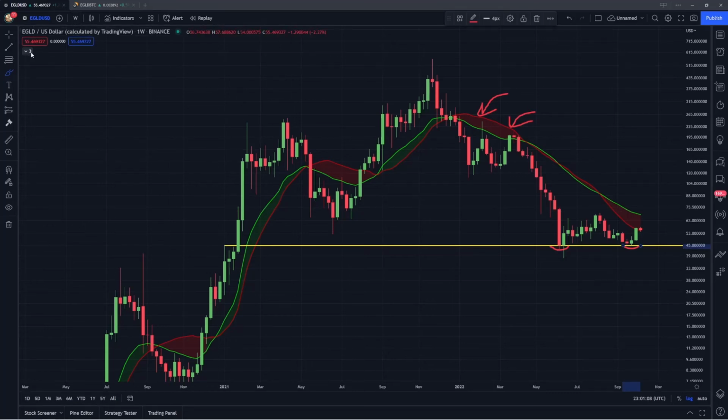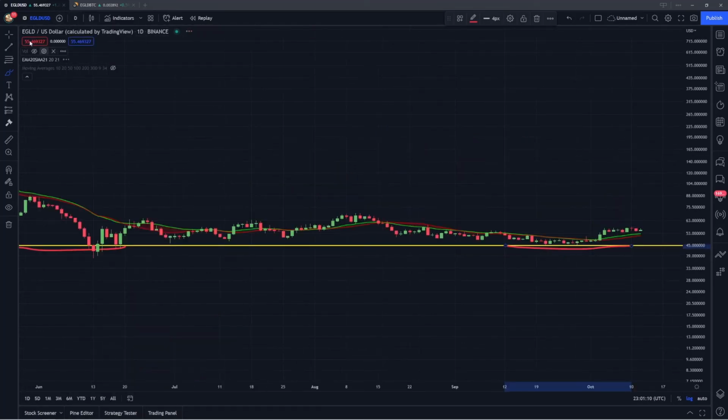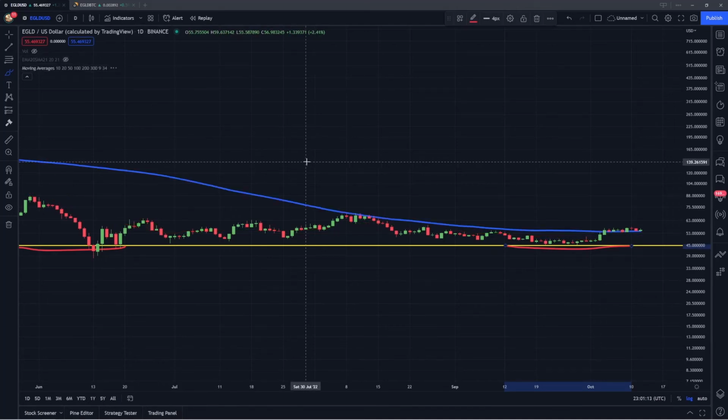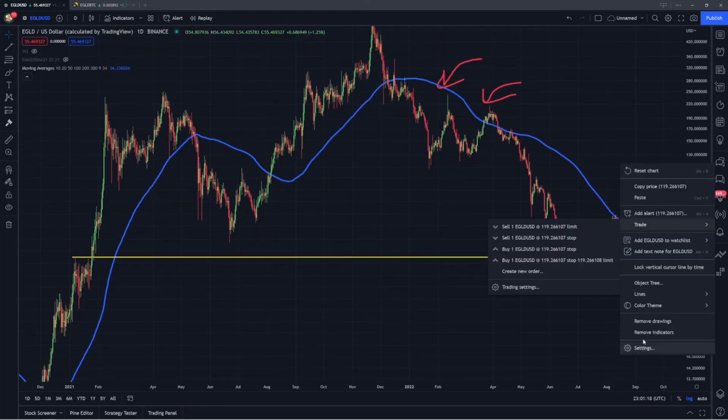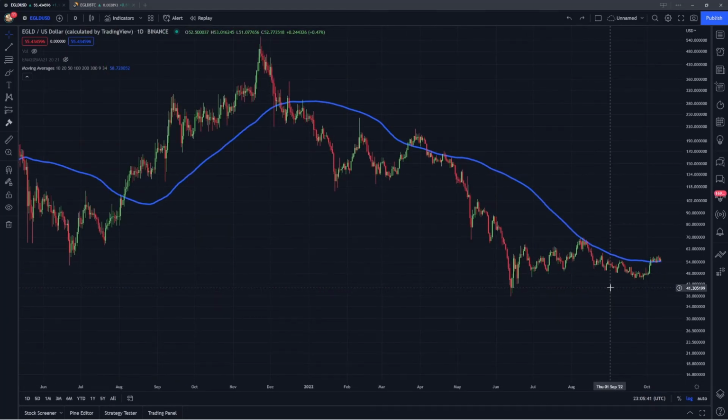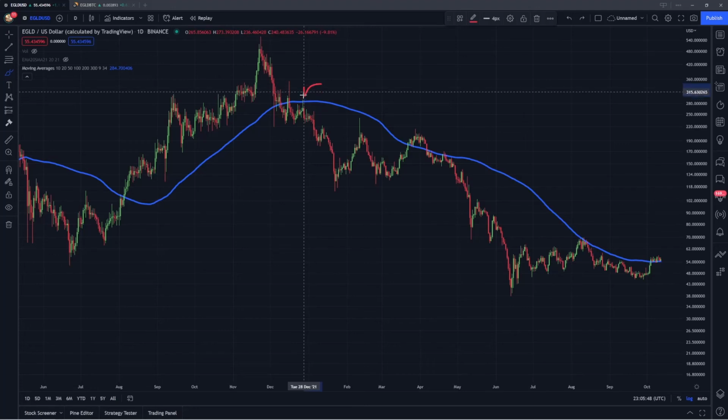Now, lastly, I do want to talk about the daily moving averages. So I'm going to switch over here to a daily time frame and just look at this moving average right here in blue. This is going to be the 100-day simple moving average. So I'm just going to clear all of these drawings. Now, this moving average has also been very important throughout the bear market. When EGLD first lost this level back in December, it flipped it back into resistance on this retest again in December, came back down, and then we had a failed move back above this, a deviation where we did have a first move back above it, but ultimately we came back down, couldn't flip it back into support, but instead we had this rejection right here in April, and that formed lower lows, and then we also had this rejection